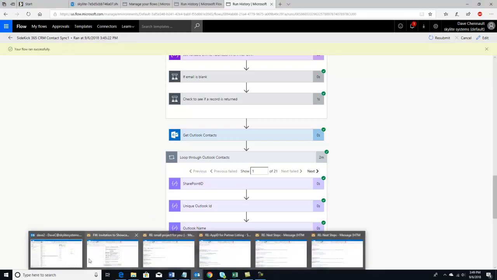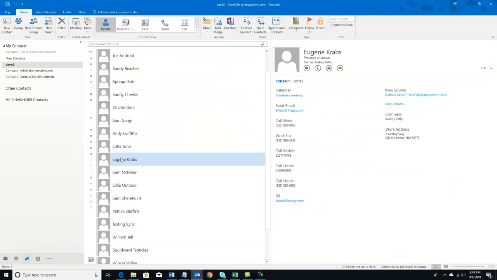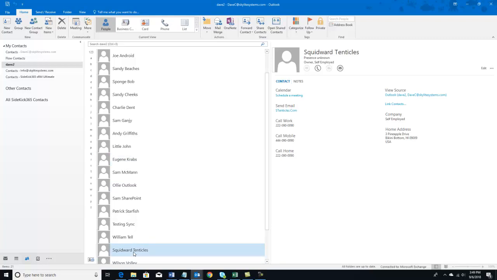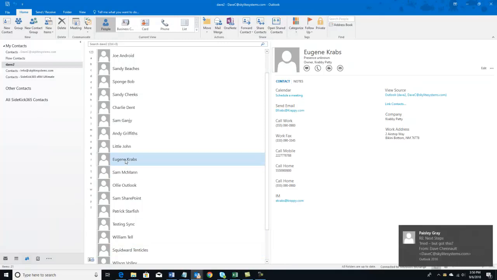So we'll go over here to the contacts, and you'll see that we've got Eugene Krabs here, which is great. And we also have Squidward Tentacles here as well. So now we've synchronized between Outlook and SharePoint on the Outlook side. And if we come over here into SharePoint land